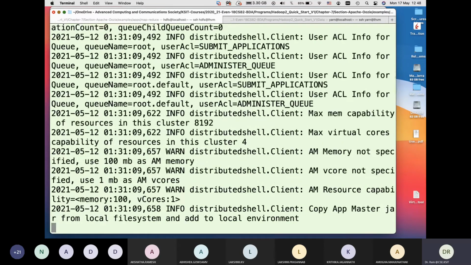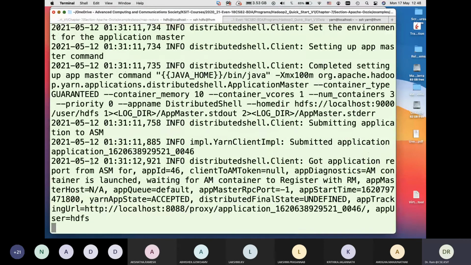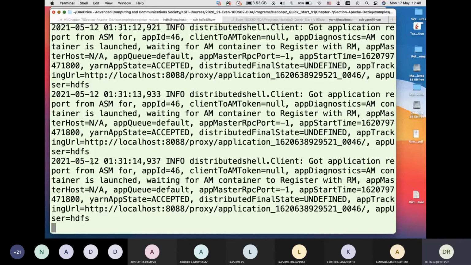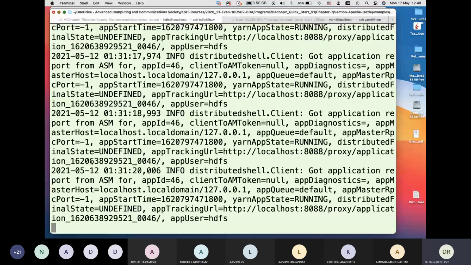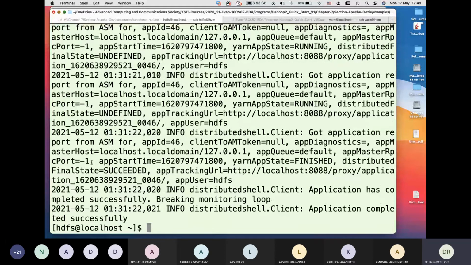So we'll see the output of the 4 commands, and I need to look at stdout under container number 2, container number 3, and container number 4. Container number 1 corresponds to the application master, and we'll discuss that in more detail when we get into the YARN structure. So the application completed successfully, application ID 46.